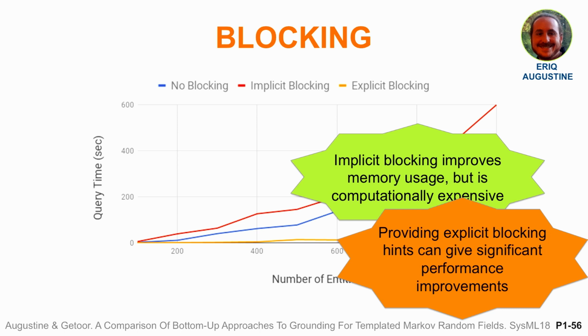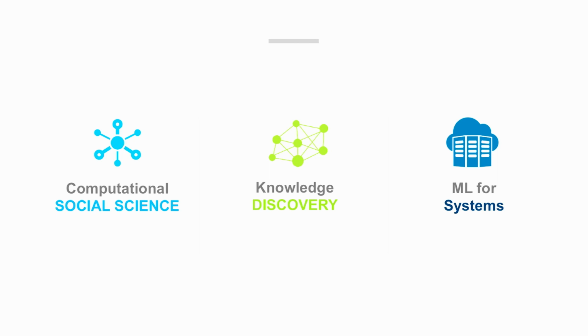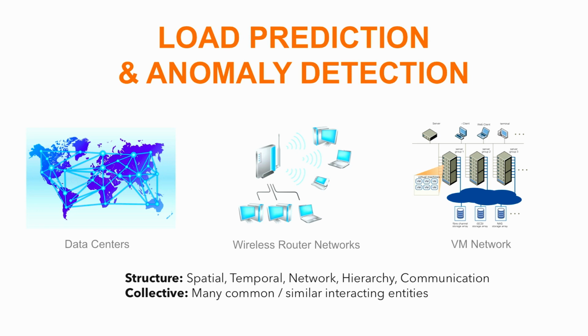So this, I think, is the tip of the iceberg. I think there are a lot of interesting systems things one can start doing here. I want to mention applications where we've done a lot in computational social science and knowledge discovery; come talk to me. The place where I'm especially excited, in this community, is applications of these structured machine learning methods to systems data. One example we've been looking at is load prediction and anomaly detection, either at the data center level, we have one project around wireless networks, and another around looking at virtual machines and finding problems. I think there's a really interesting ability in systems to look at these structures. And this is only talking about the software piece. Then you get down to the hardware level, where there's